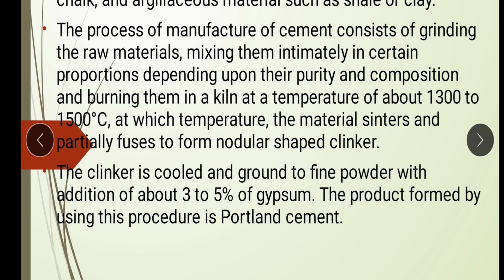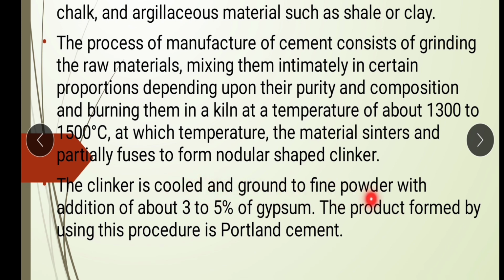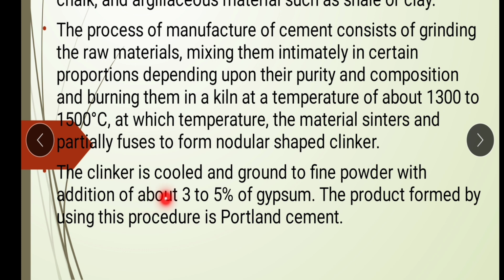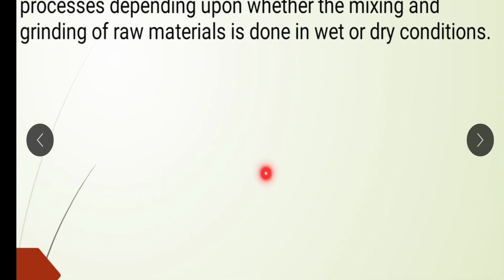Next, these clinkers are cooled and ground into a powder form, and a certain amount of gypsum, about 3 to 5%, is also added to that cement proportion. The product formed by this is what we name Portland cement. In the previous session we already discussed why the name Portland was introduced for a manufactured cement of a certain type. Before applying 1300 to 1500 degrees centigrade in the kiln, there are basically two different things that we can differentiate